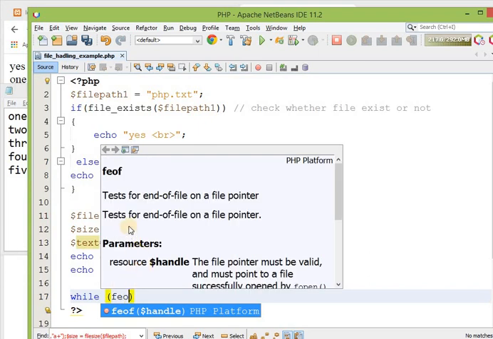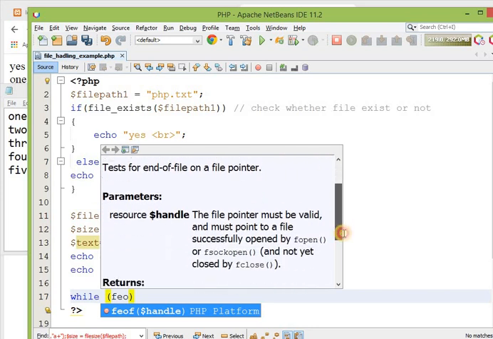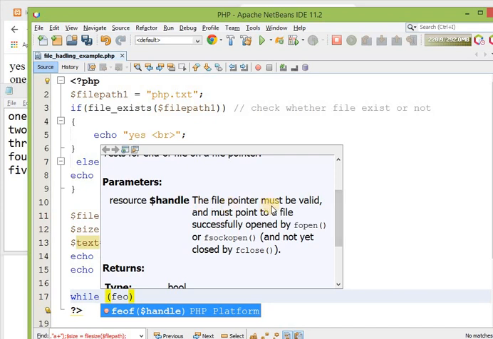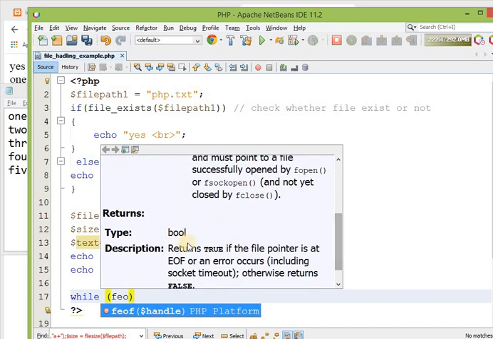Now you can see this tests for end of file of a file pointer, and the file pointer must be valid, and this will return a boolean. It will return true if the file pointer is at end of file.